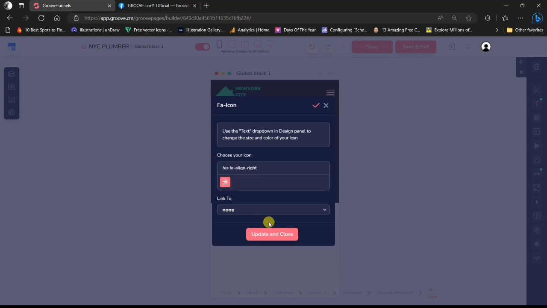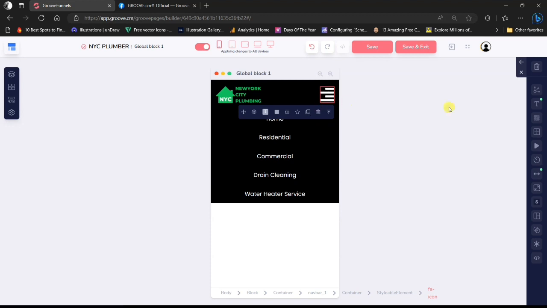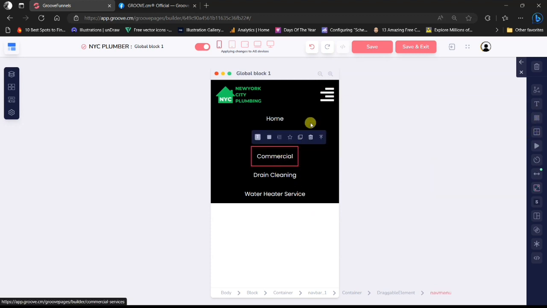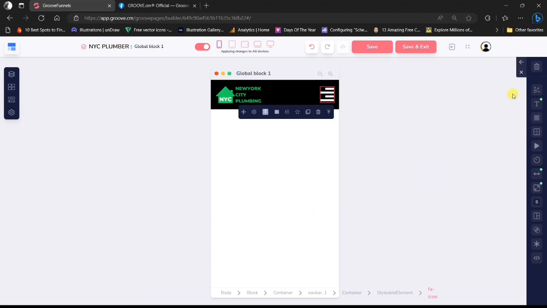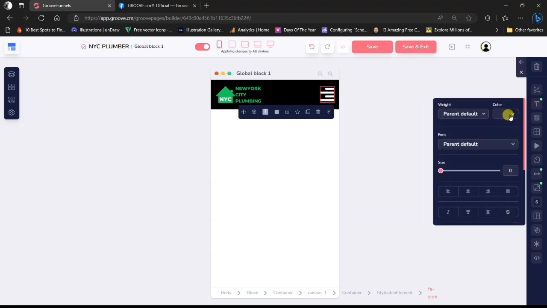So this is what I'm looking for, and update and close, and it looks like this. So once you change it to this icon, to change the sizing, you come to your text and go to sizing like this. Apparently, the sizing of the icon, you will have to change it from here. And so it looks fine now. I'm satisfied with what I see, and